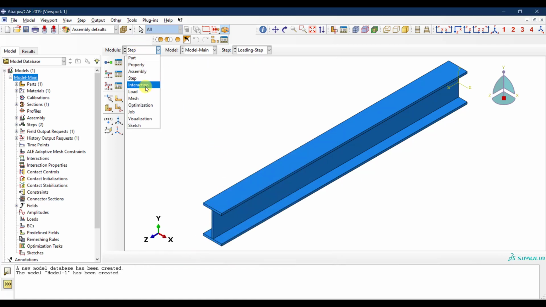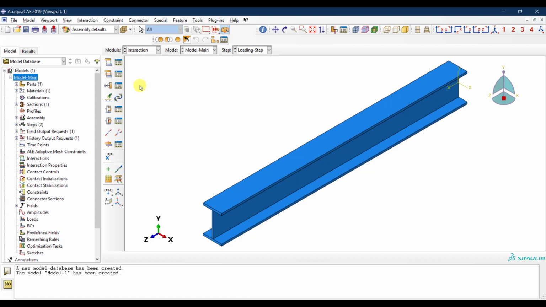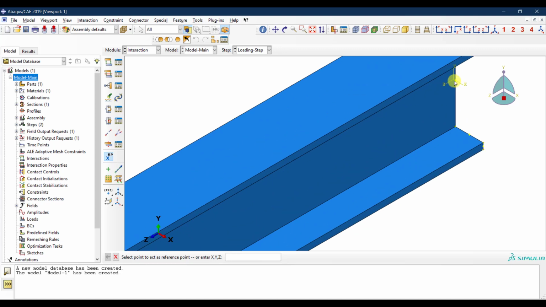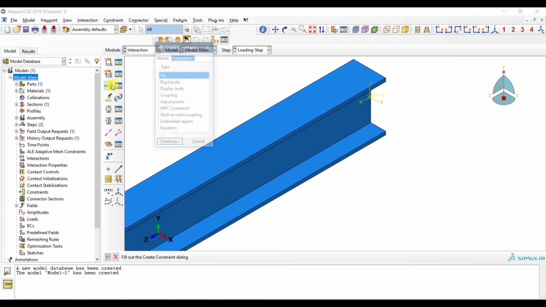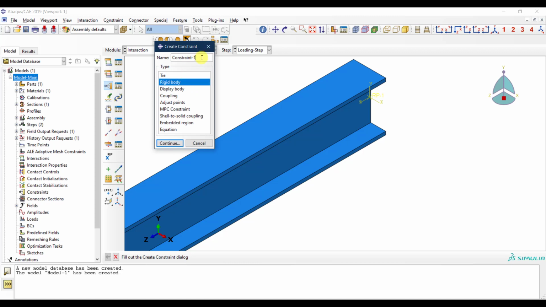I have the step. I don't have any interactions, but actually I will go to the interaction module because I want to define a reference point. So I want to define a reference point here at this end, because this end will be my fixed end. So I will create this at the origin over here. So that's it. I created a reference point, and then I'm going to do a rigid body constraint because we mentioned that. So this is